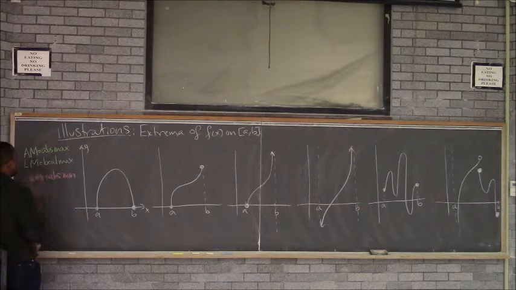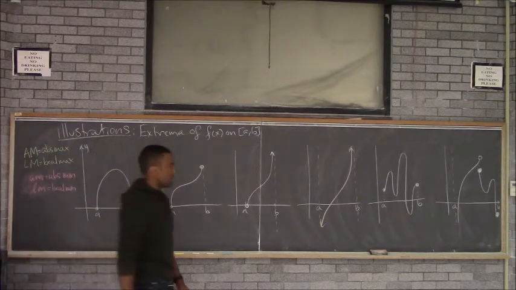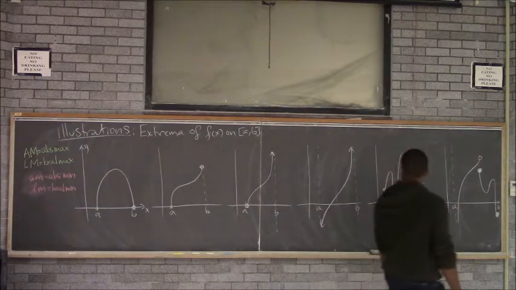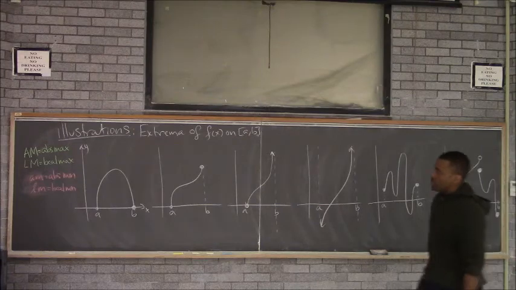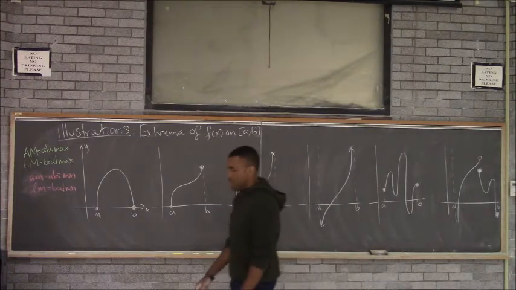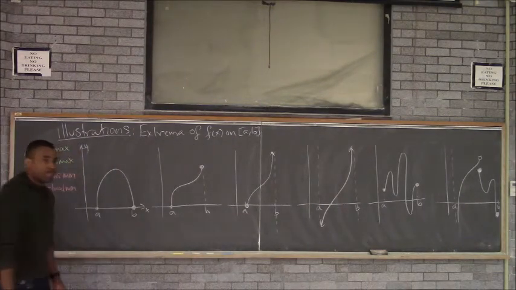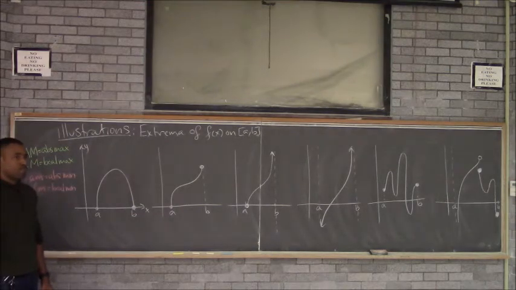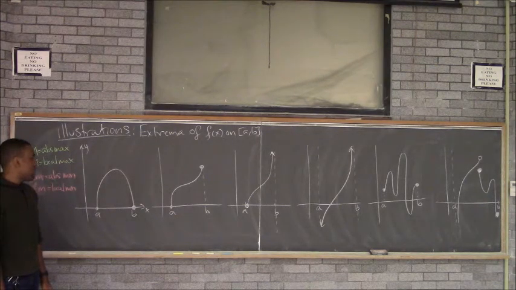Lowercase am and lowercase lm. I want to go through these graphs and identify all of those features. First one, do we have any absolute minimums? On the interval AB, are there any y values for which, let